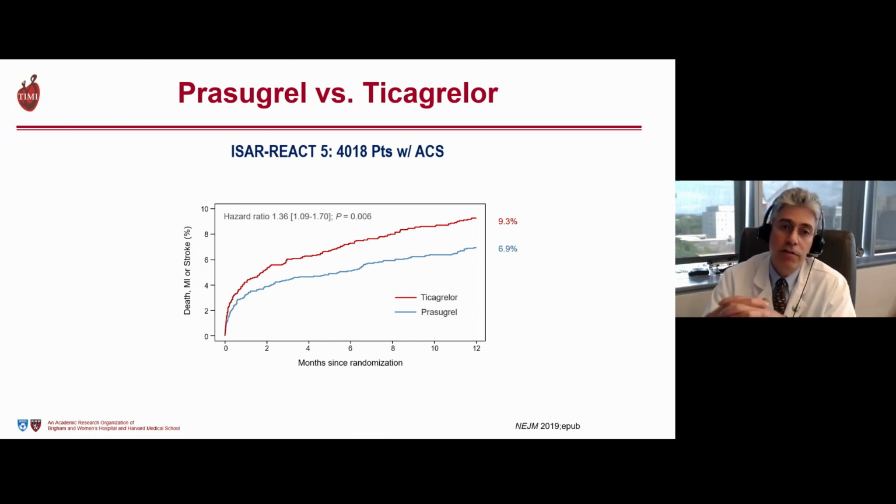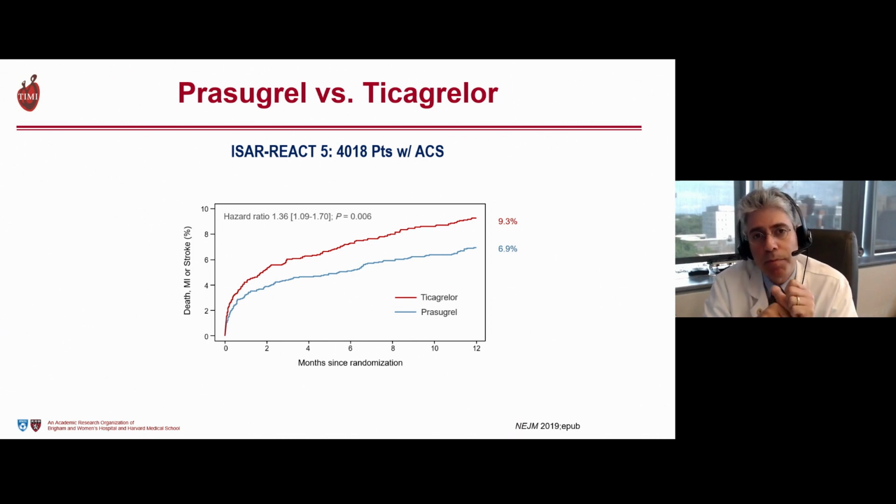Interestingly, a real wrinkle here is the ISAR-REACT 5 trial, a trial that showed that in patients with ACS, prasugrel seemed to have a lower risk for death, MI, or stroke than ticagrelor. I think as a community, we're grappling with these data. It was a very well done trial. It's just surprising